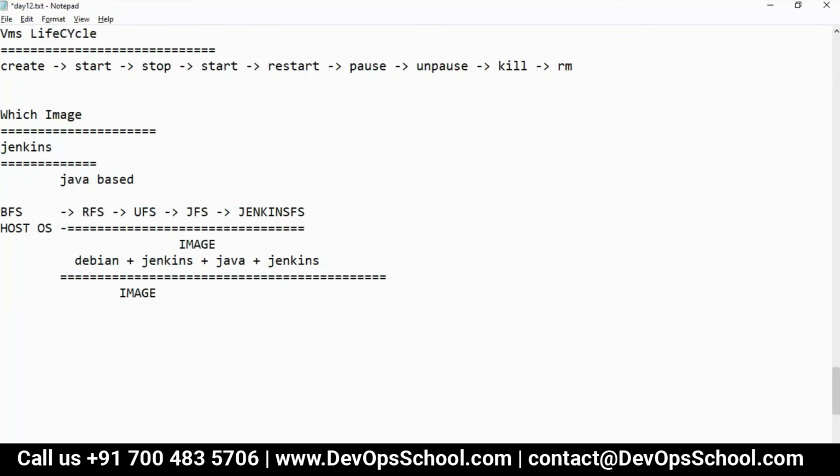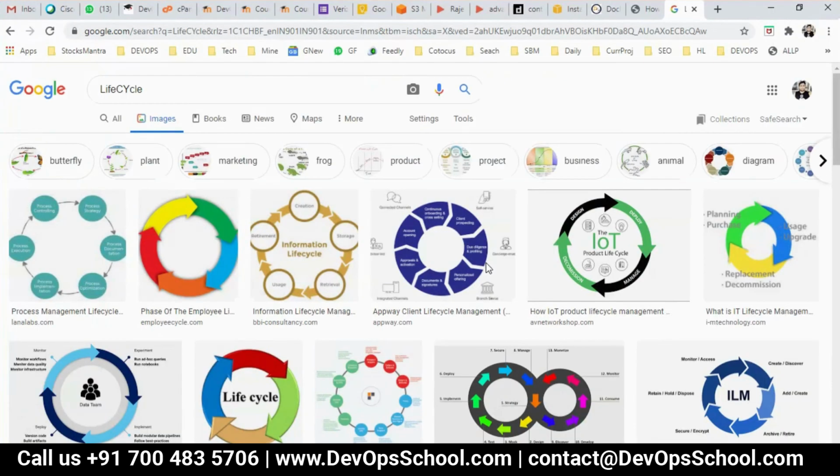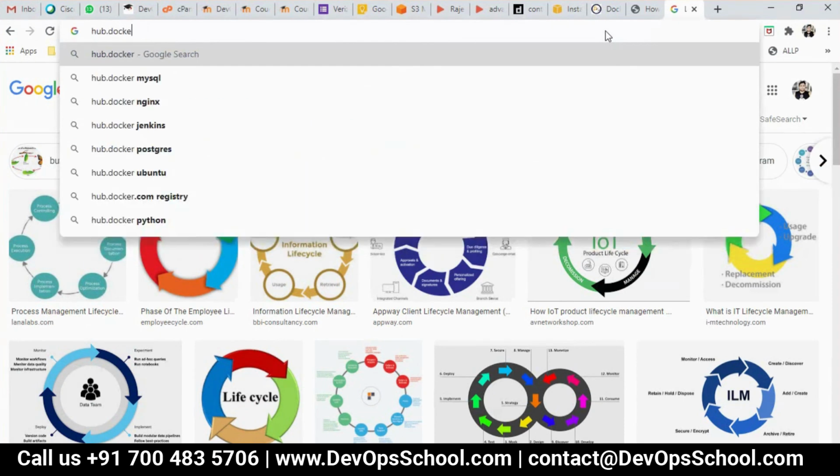Now, it's a web-based application which runs on port 8080, and node port 50,000. So from where do we want to get it? Docker.com.